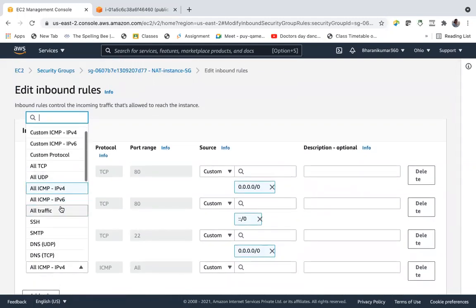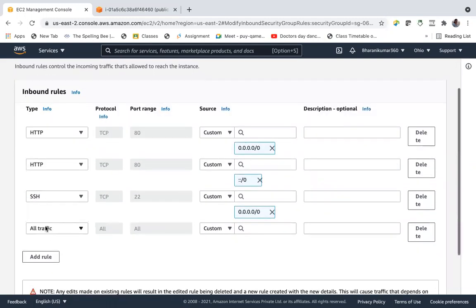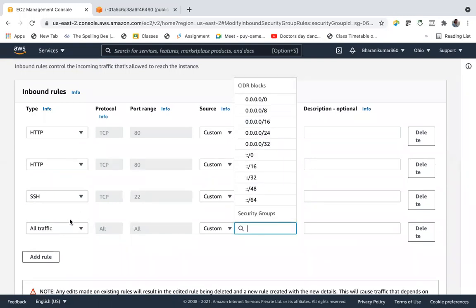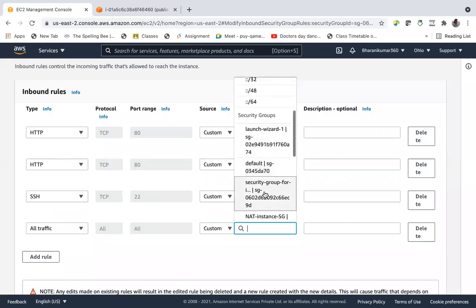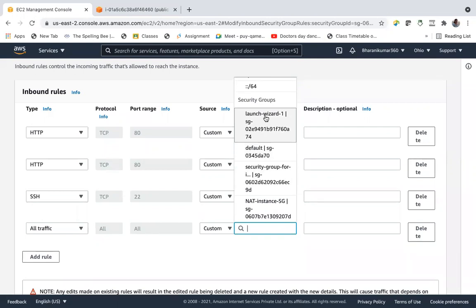Do we have all traffic? Yeah, let's say all traffic. All traffic should be allowed into this instance coming from, either you can give the security group of other instances. That is one way. You can choose any security group from here.